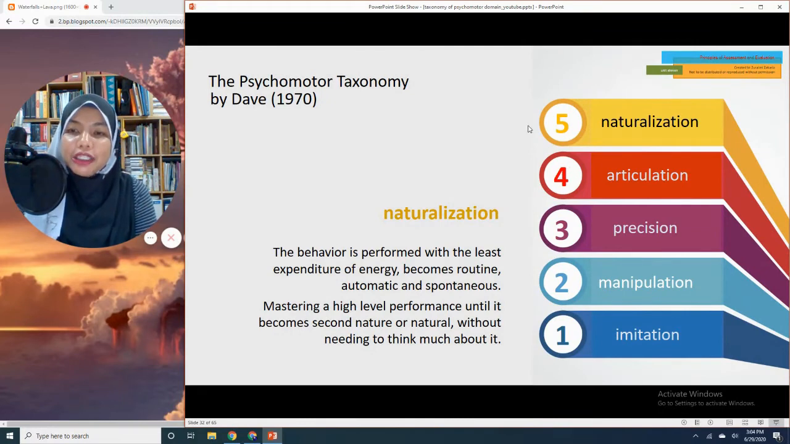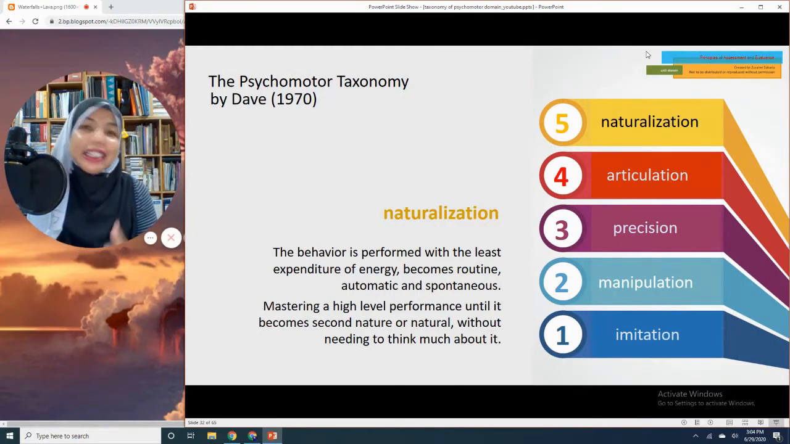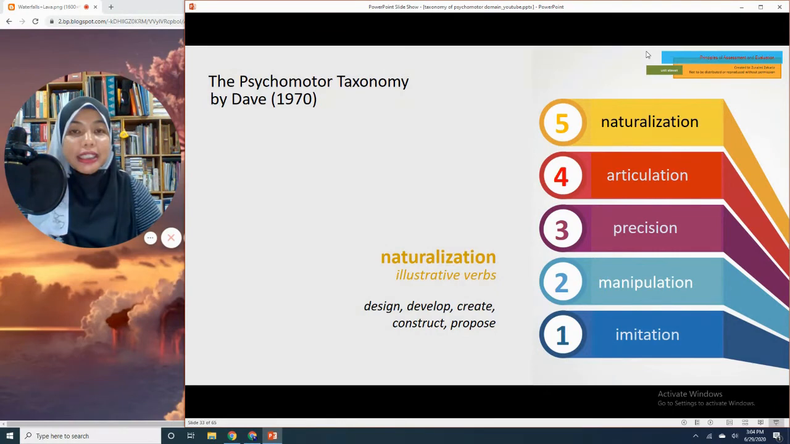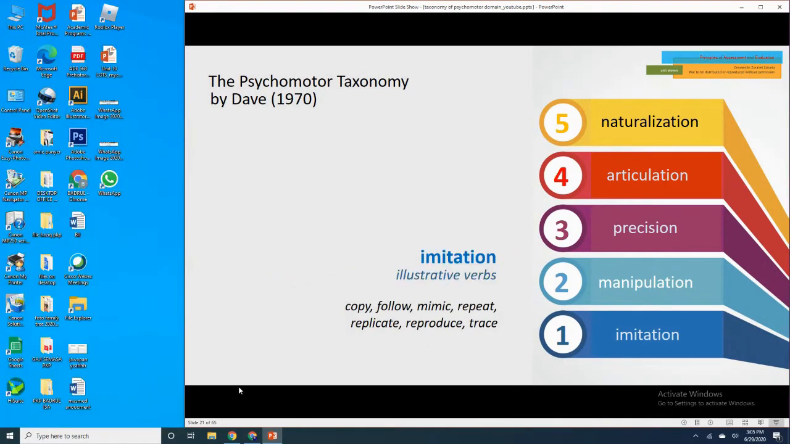And of course, naturalization or higher level can only be achieved when you are being placed in a real setting. Okay, so it's always learning by doing for you to move up along the stages. Right, so that's basically a sum up of the stages of Dave's taxonomy. Now, Dave's taxonomy is suitable to be used when the new skills that you are teaching basically involve learners who are beginners,